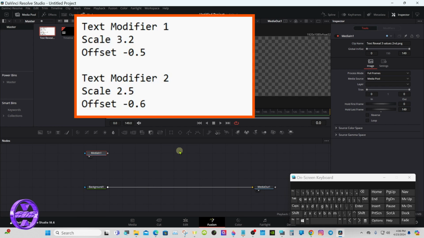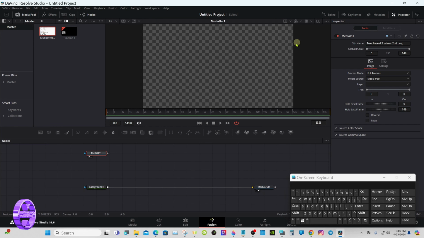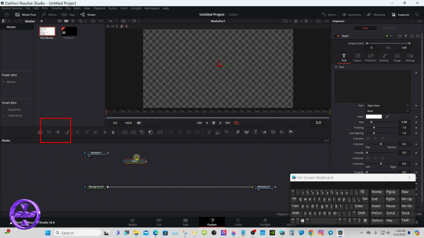I made this little cheat sheet up here for the modifiers to help keep the tutorial shorter, get through a little bit quicker, rather than try to remember all this and figure it out as we go. You take note right now if you want. I'm going to go to one viewer. Grab a text node, merge it into the background,